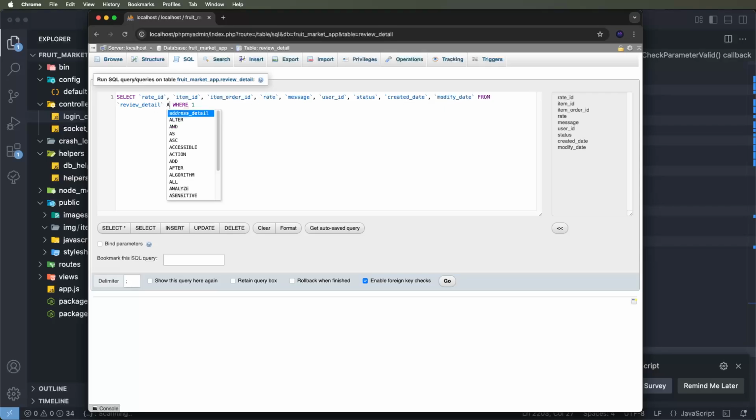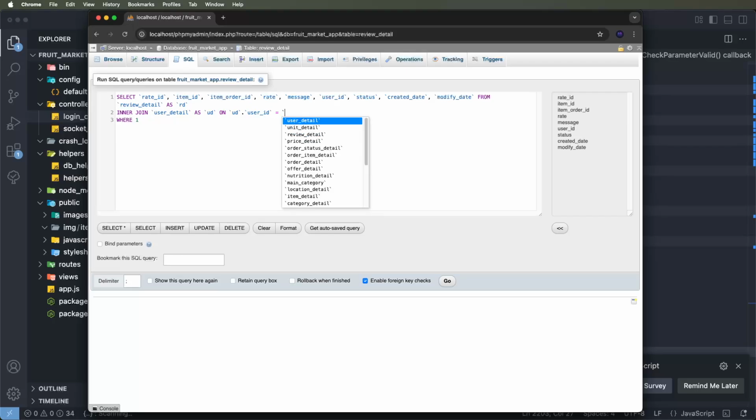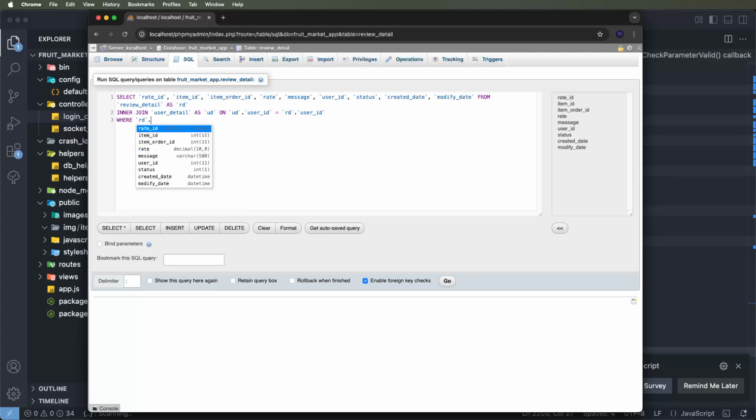Now need to set the alias rd, and we need to write the inner join, and we need to set the table user details as ud, on ud.user_id is equal to rd.user_id. We need to write down here for this. Now need to write down rd.item_id is equal to